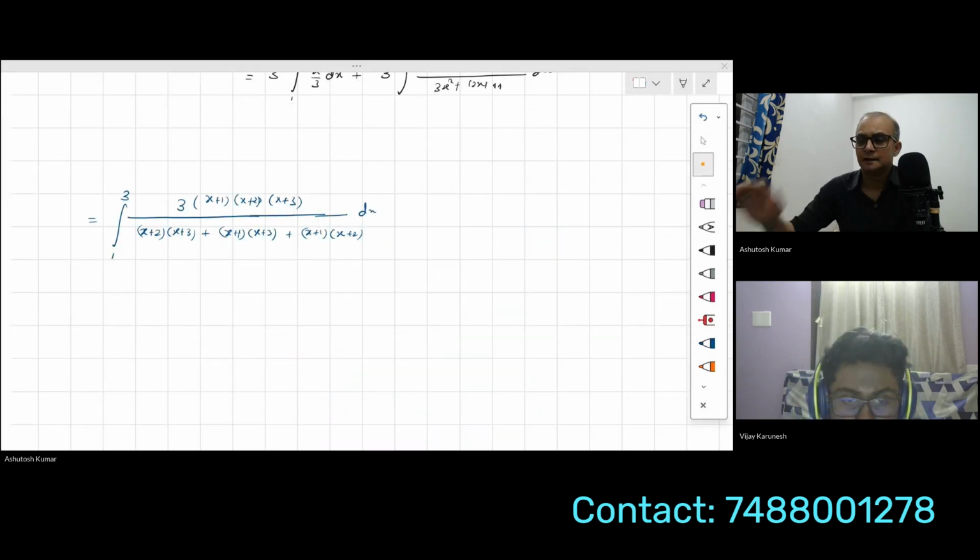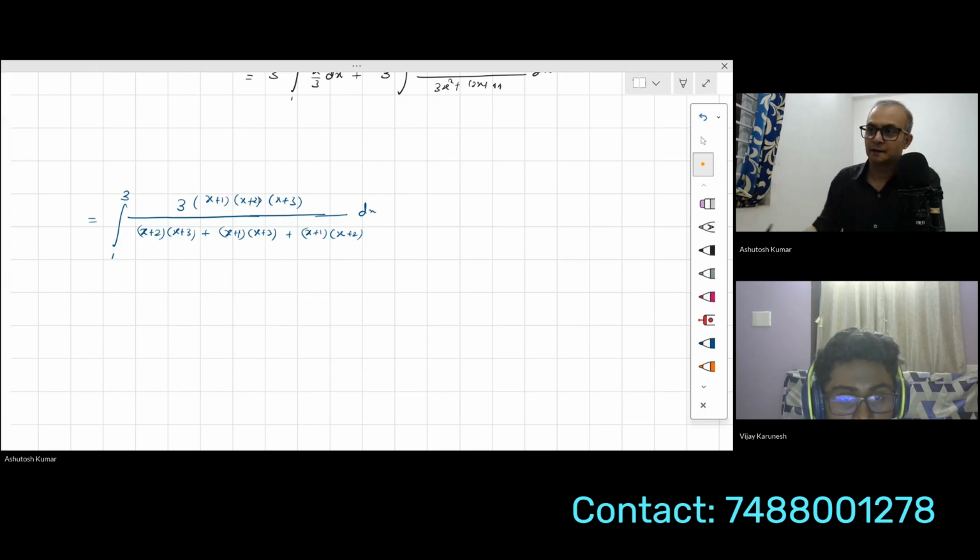Phi, that which term I will take t so that it will be symmetrical enough to make our life easy. So you can see that x plus 2 is the exact middle, meaning 2 is the middle of 1 and 3. Is it clear? Yes, sir. So if we assume x plus 2 as t, then x plus 1 will be t minus 1 and x plus 3 will be t plus 1.